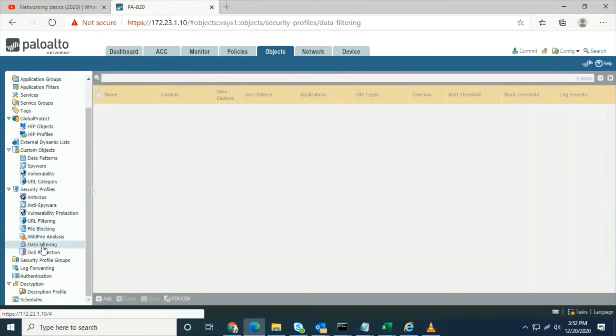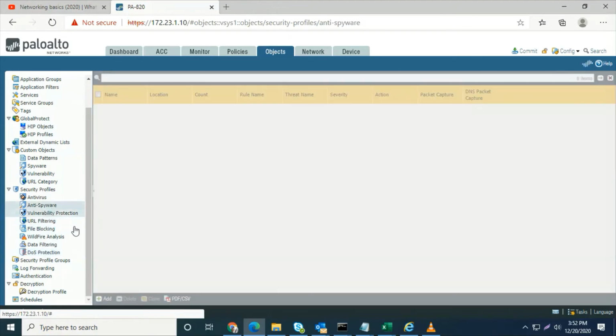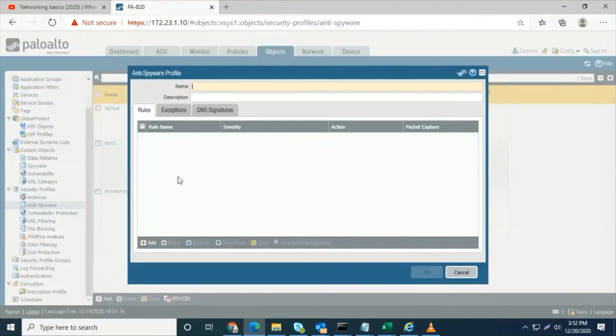There are multiple different types of names. As per the name, we define the different content blocks to filter the different content. As our requirement, we configure these. Like we need to configure the anti-spyware, so give the name test.